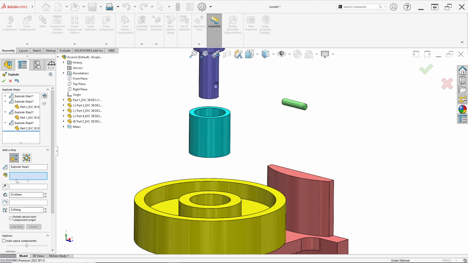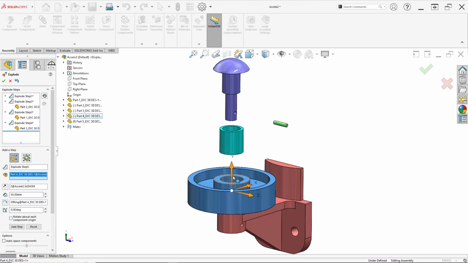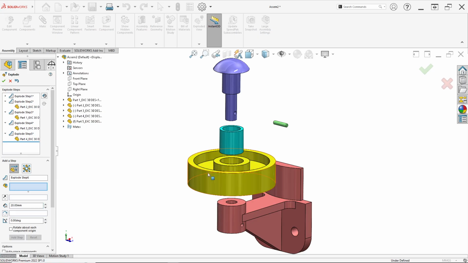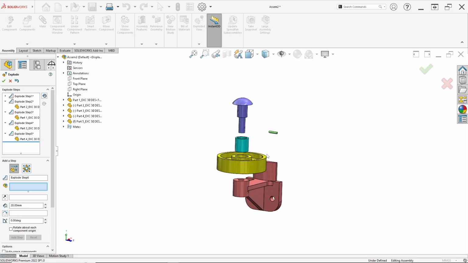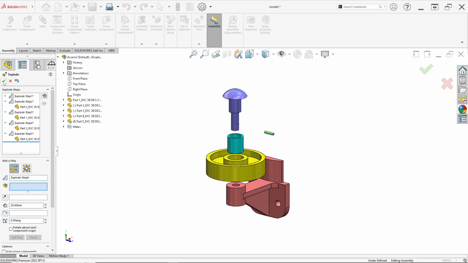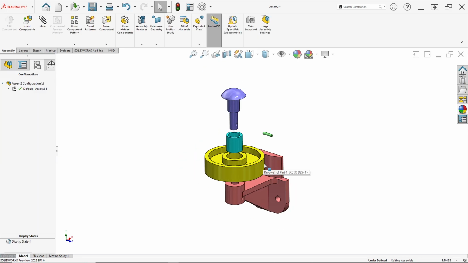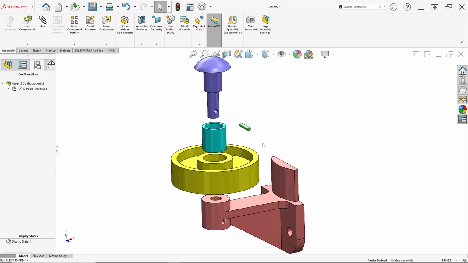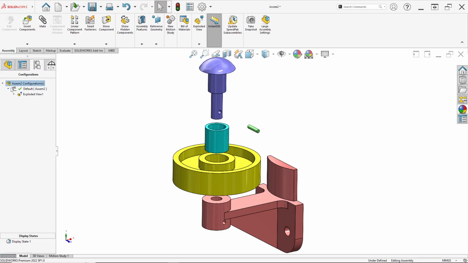Click done, and the last click this and click the top. For example, in here distance in the top in 20 millimeter. Click done. Just click OK. Now we can see the exploded view like this, and we can animate the exploded view.